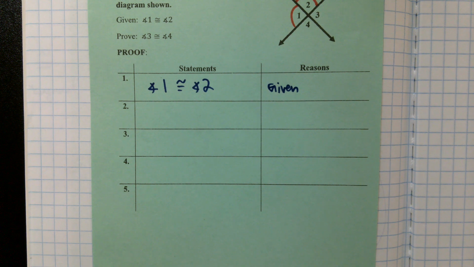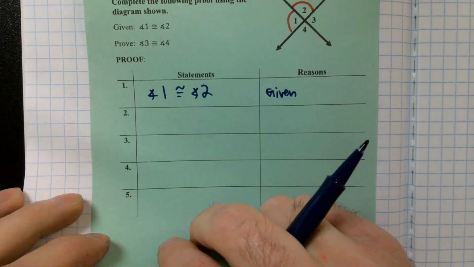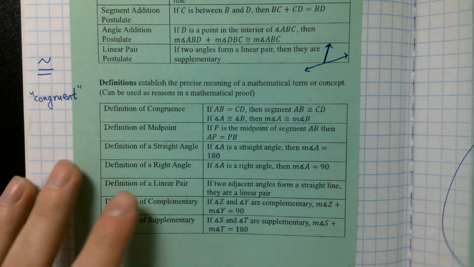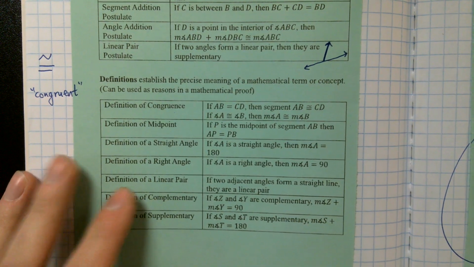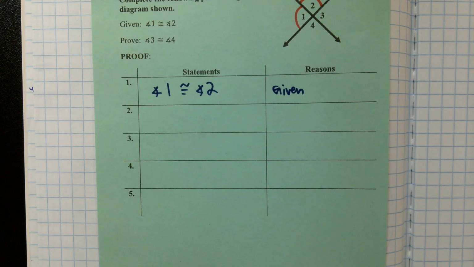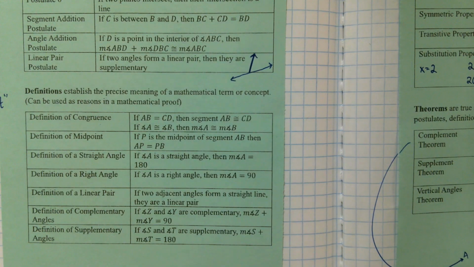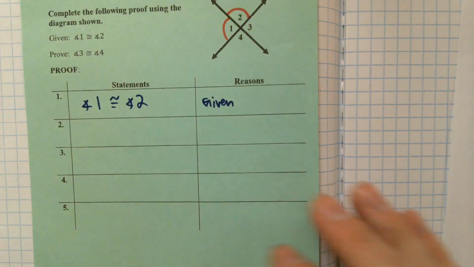Now, I love what you guys came up with, the vertical angles, because they absolutely are vertical angles. Is there anything on the previous pages that talk about vertical angles? Because what we're going to be doing with these proofs is looking at these 2 pages that we just spent 30 minutes talking about, and finding things that are relevant to what this proof is asking for.